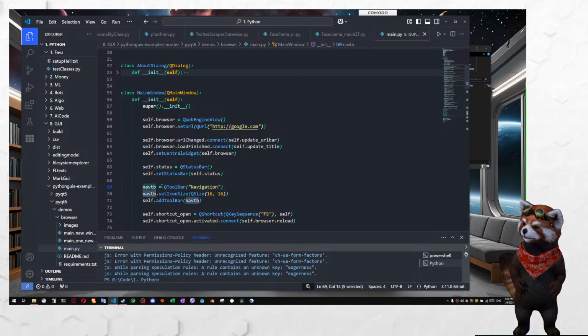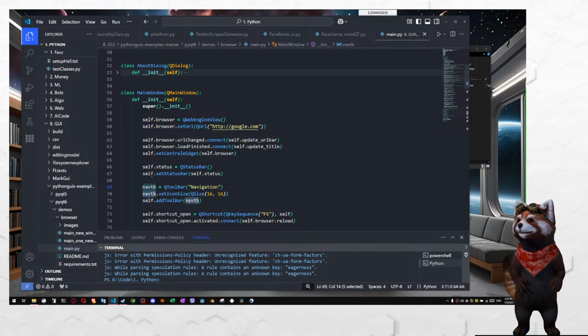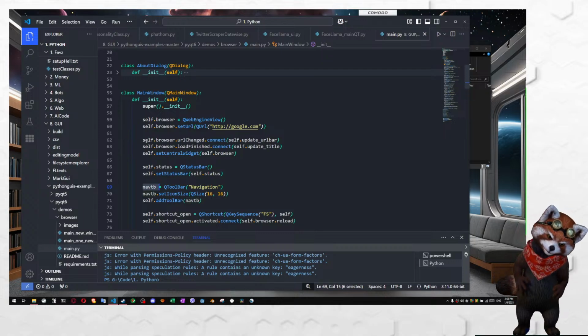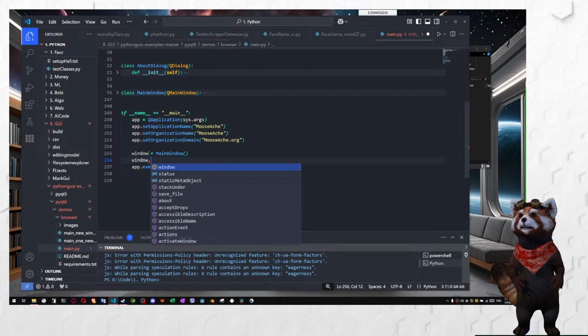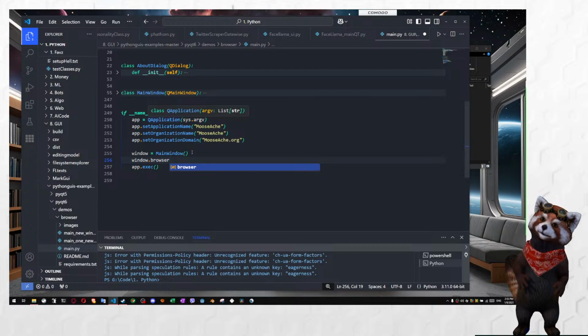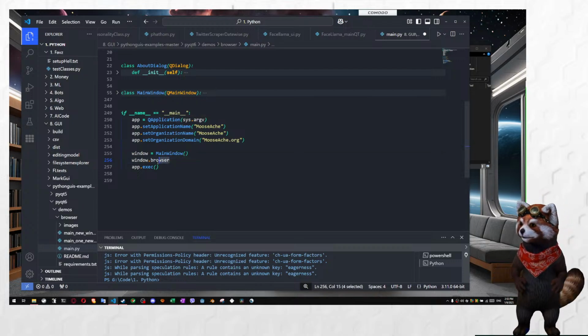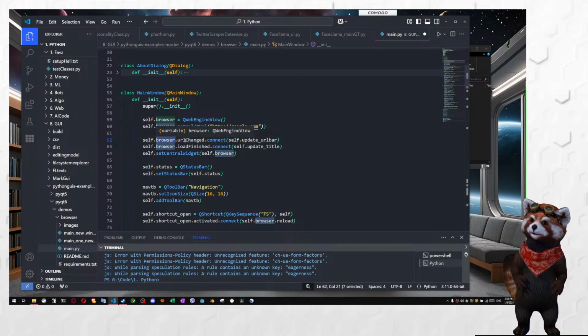Actually, this is interesting. This didn't save to self, but I guess in this case, we're not editing it. So why would you want to do a self, and then why would you want to do no self? Normally you want to do self when you want to save it, aka it's in window, and I can do something like window dot browser. That exists inside of it. Not sure what that will do exactly, but this is the browser that we have defined here. And inside of that, there's